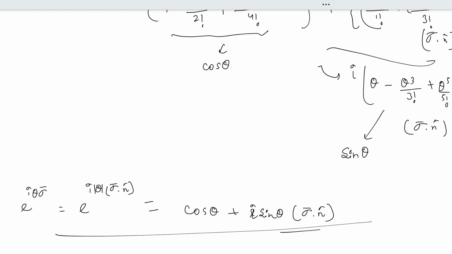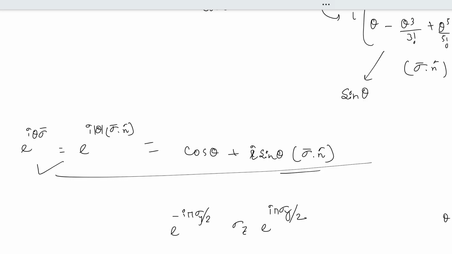For the first case it is minus pi by 2. Use this expression here. So this is cos of minus pi by 2 plus i sine of minus pi by 2, and sigma dot n is basically sigma y, because here n cap is equal to y cap, so this dot product is giving you sigma y, then sigma z, and next your theta is plus pi by 2, so cos pi by 2 plus imaginary i sine of plus pi by 2